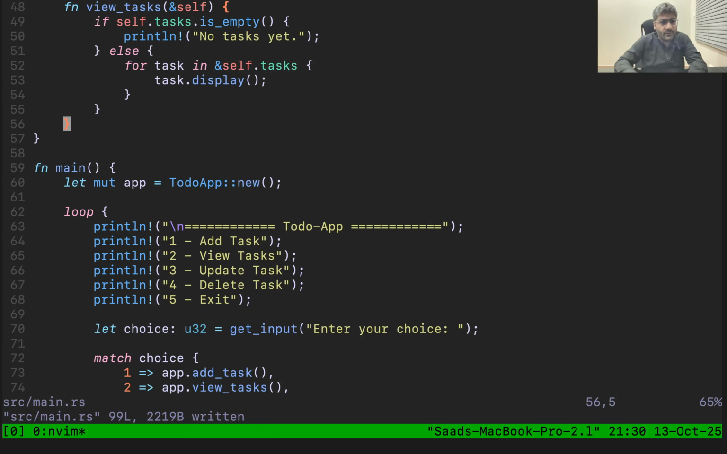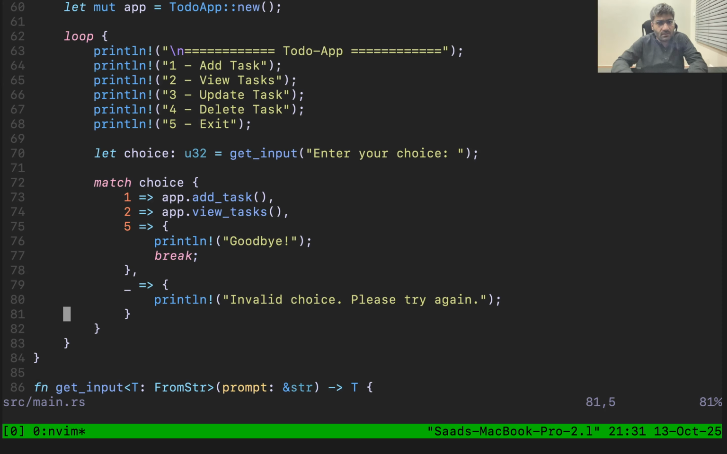We are going to add the functionality for the update task. But I think before adding the functionality for the update and the delete task, we have to make a little bit of formatting to make the output cleaner. So we will have to add the line breaks here,